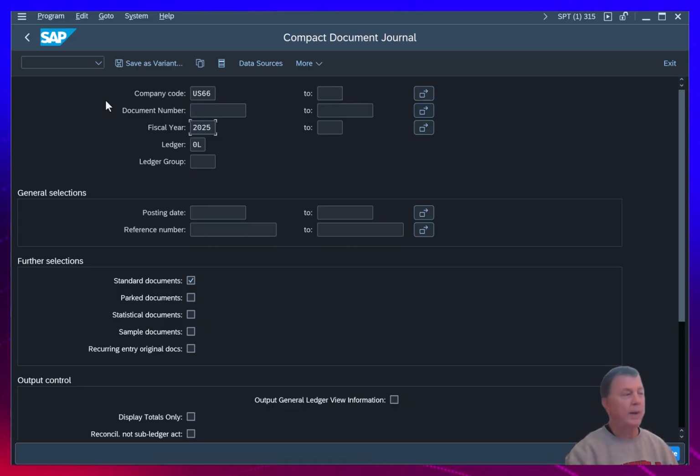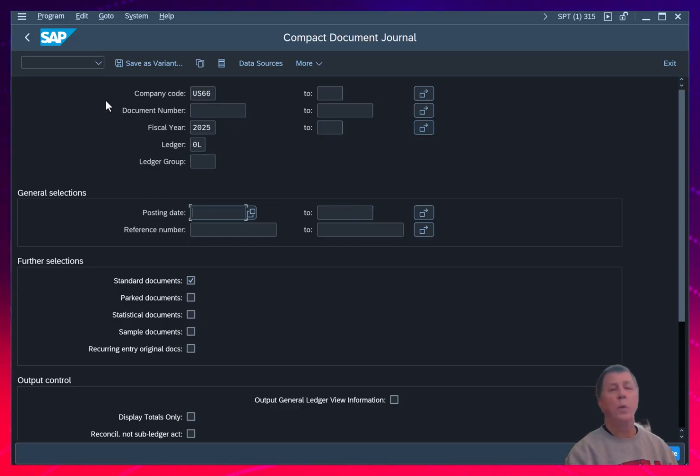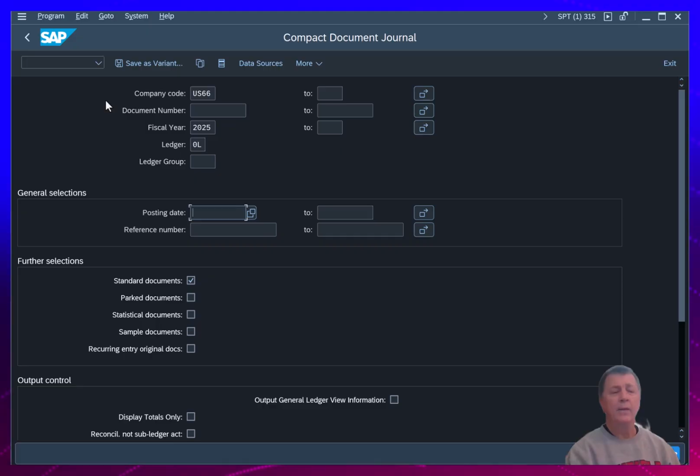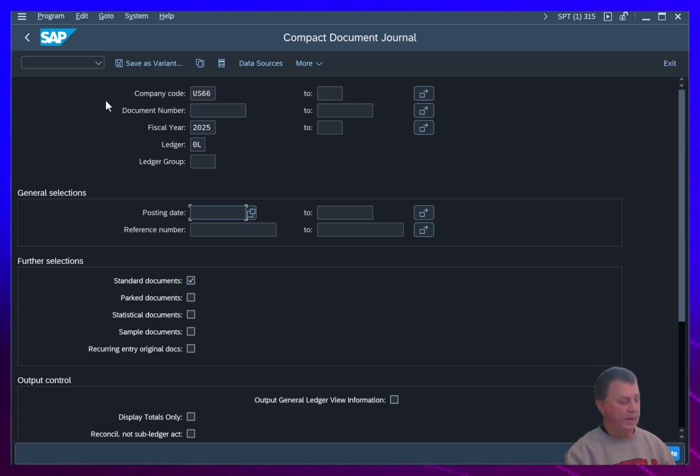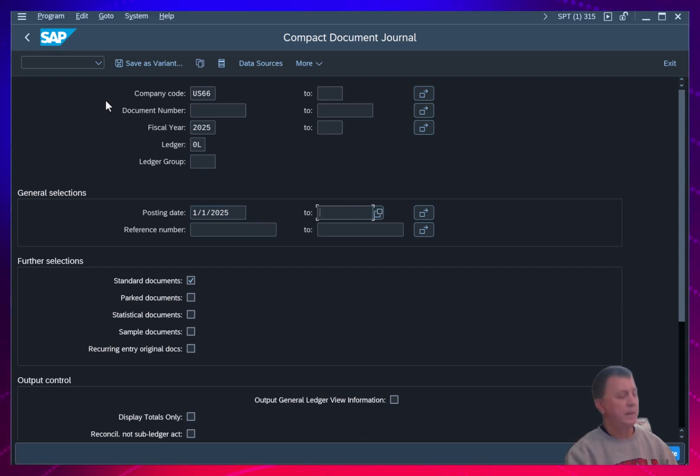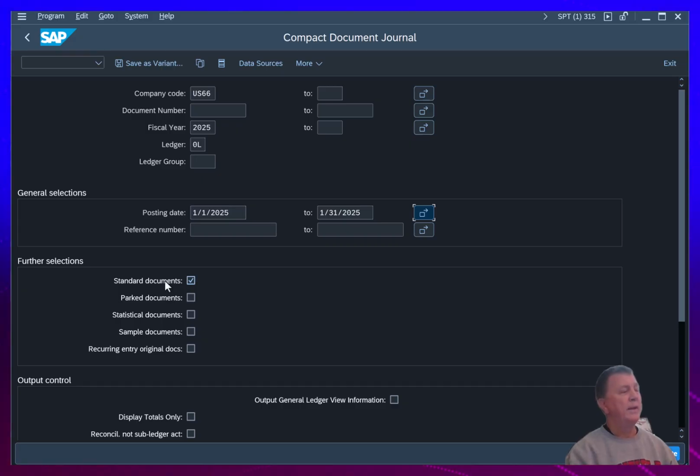Fiscal year 2025. I can also limit it to a range of posting dates. And that's not a bad idea. I'm going to do that to make sure I captured the journal entries in the proper period, which is January. So 1/1/2025 through 1/31/2025. All right. At that point, I can run the report, and you can see it's going to show all the standard documents that have been posted,